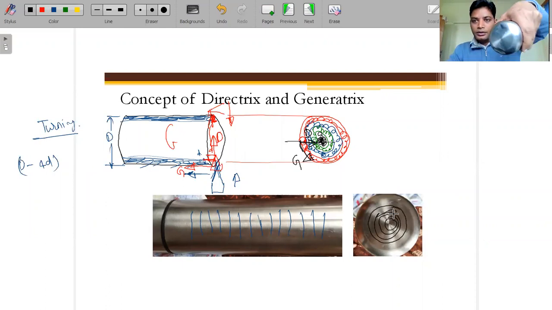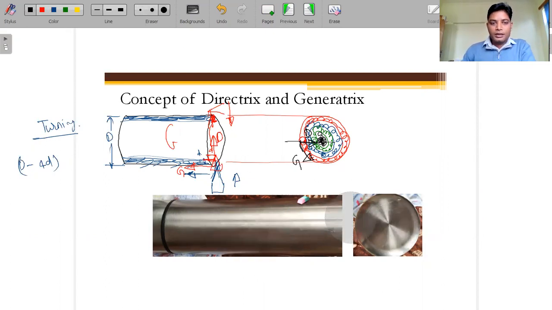In the figure it's clearly mentioned that these are the lines. So for the removal of the material, initially we are finishing, moving in this direction, so this is the generatrix, and perpendicular to that we are moving in this direction, for how much material we have to remove, so this is basically the directrix.